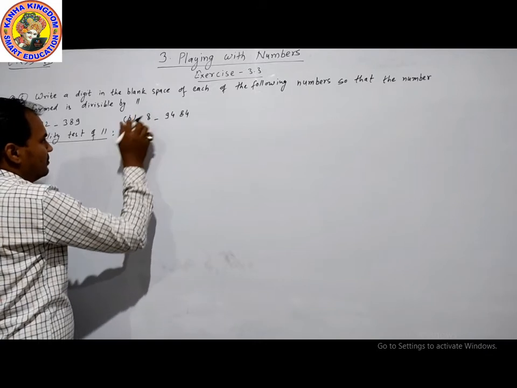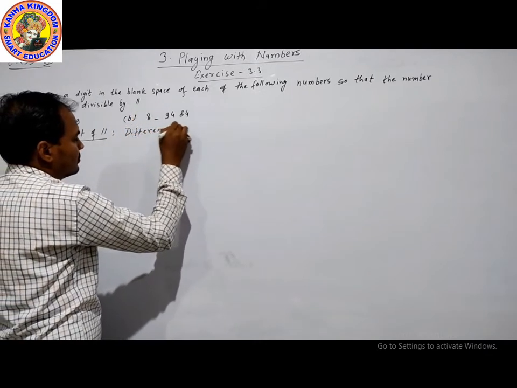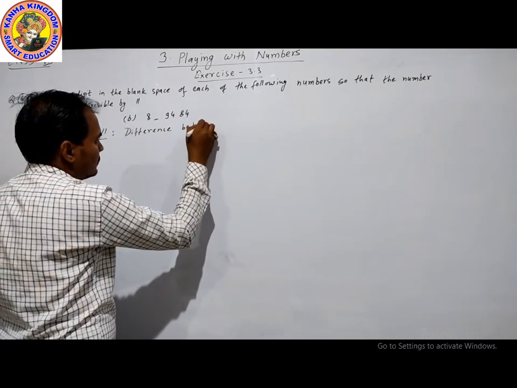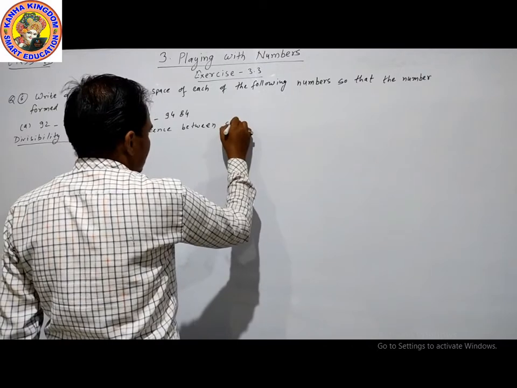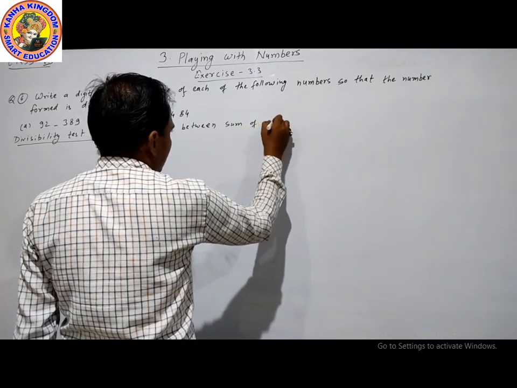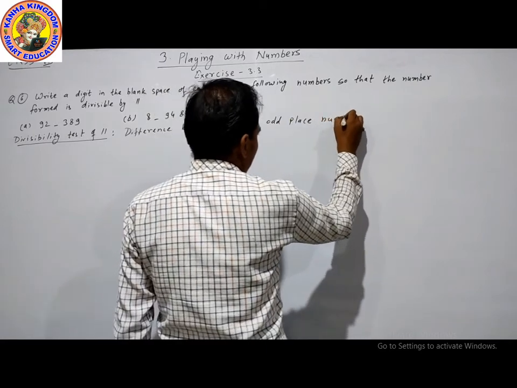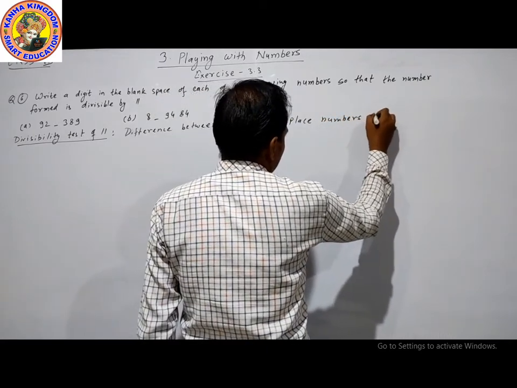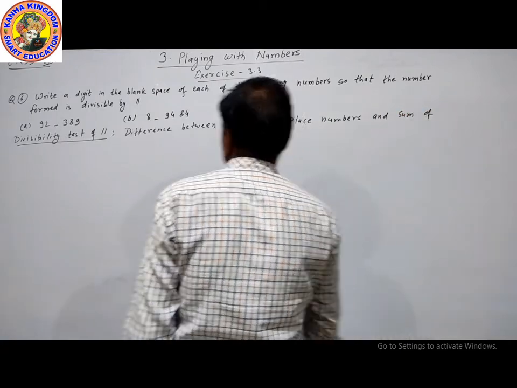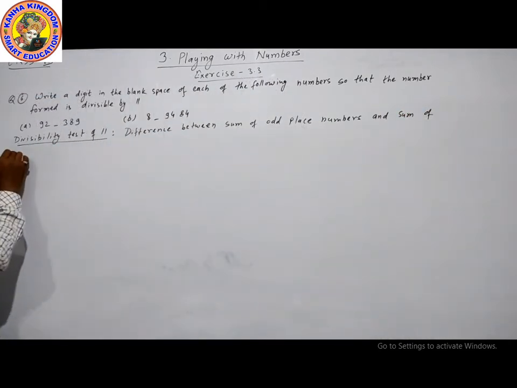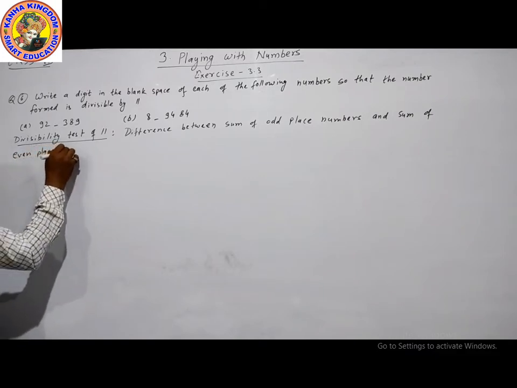The difference between the sum of odd place numbers and the sum of even place numbers